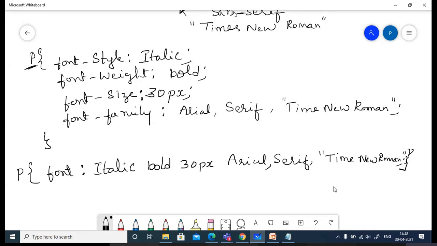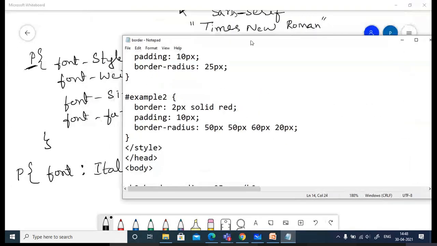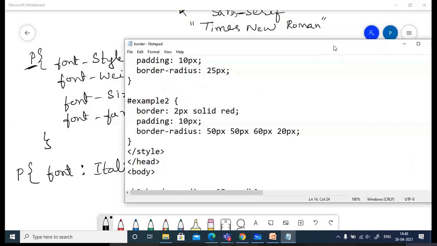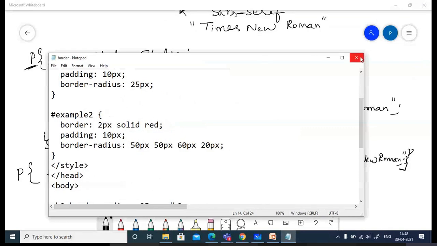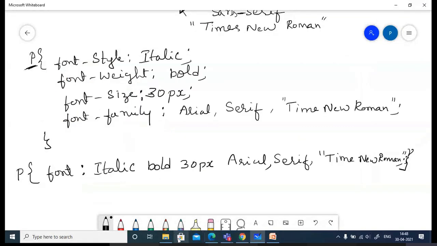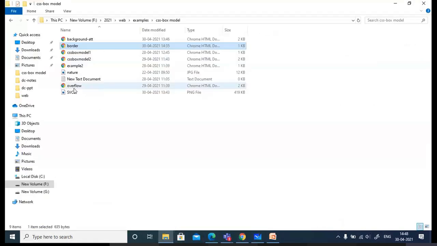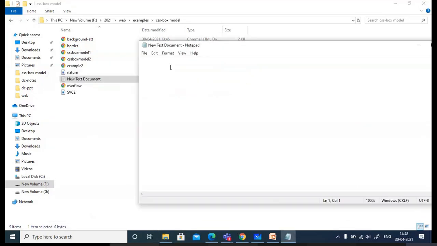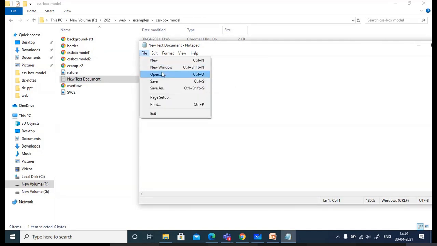So we'll execute one small program on this. I have not created the program, let me type it. Save the file.